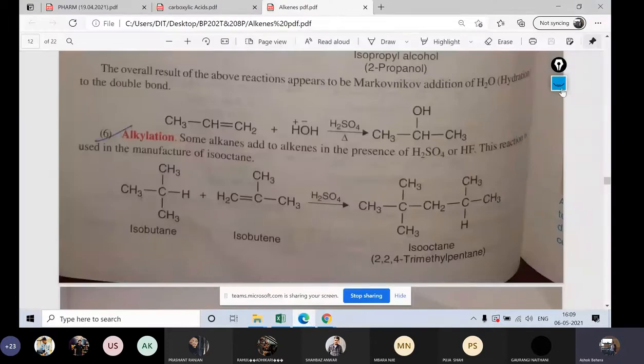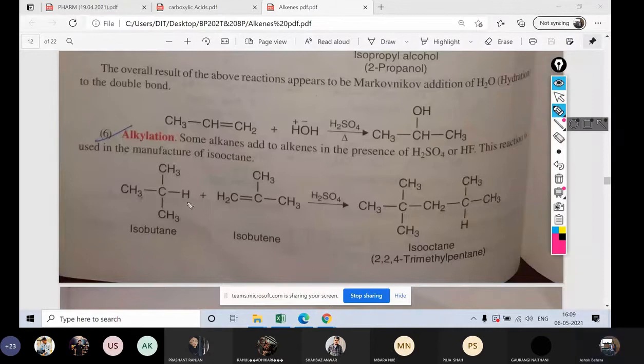So see, here in alkylation, what is there? Alkylation means you are adding an alkyl, but here CH is there. Basically this kind of alkyl has been added. Example is this. So you can see who would be a little bit positive and who a little bit negative. Can anyone tell me who will be positive and who will be negative? Carbon has partial positive charge.